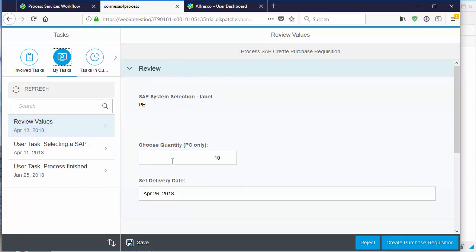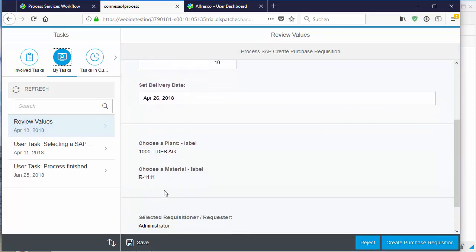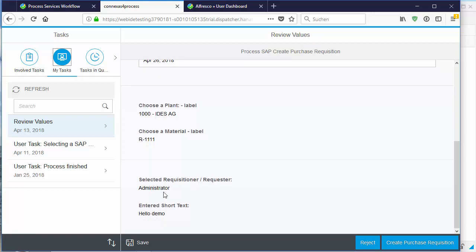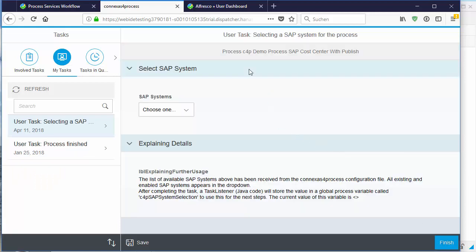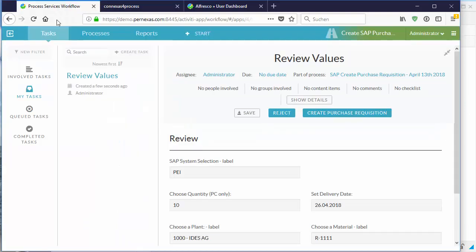So we can check here, are these entries valid? This is exactly what we entered right now. And we can say, okay, perfect, that's it, create a purchase order. So you see, we can perform the process in Alfresco for processes, and we can also perform this here in the SAP Fiori environment. Going back here to our